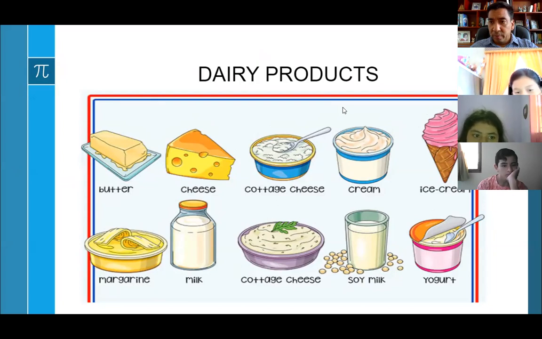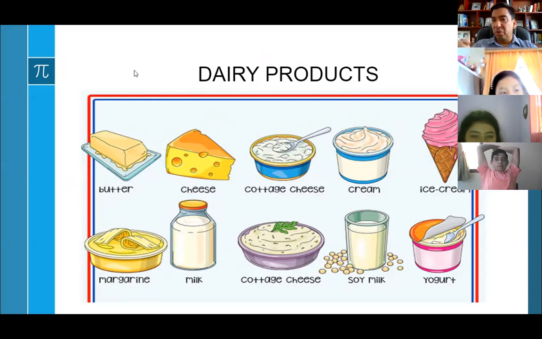How do I pronounce mantequilla? Butter. Butter. Butter. Okay. You put butter to the bread. Okay? Very good. Okay, so that is the dairy products. Butter, cheese, cream, milk, margarine, or yogurt. Okay? Now,